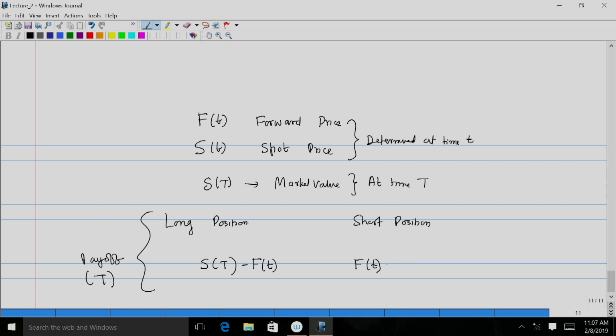And suppose that they had to purchase the stock for S_T at that time, so the difference is F_t minus small t. So one of them is obviously going to be a positive quantity. If it is 0, then it is fine, nobody wins or nobody gains. If S_T minus F_t is greater than 0, then the party with the long position gains and the party with the short position loses, and vice versa.